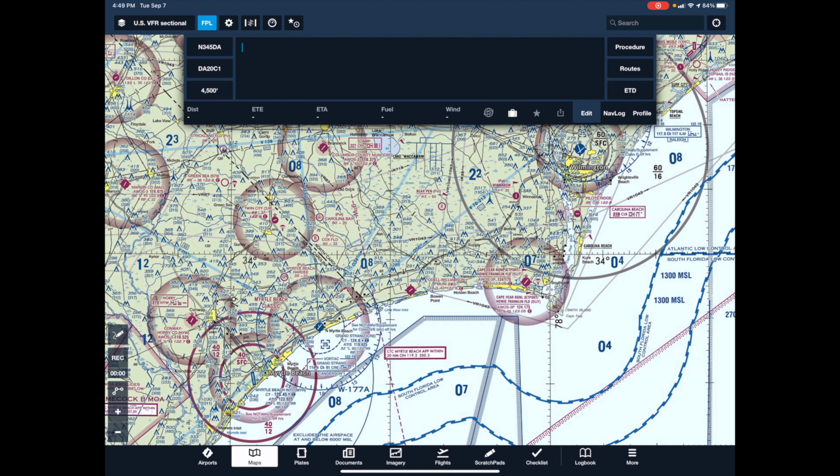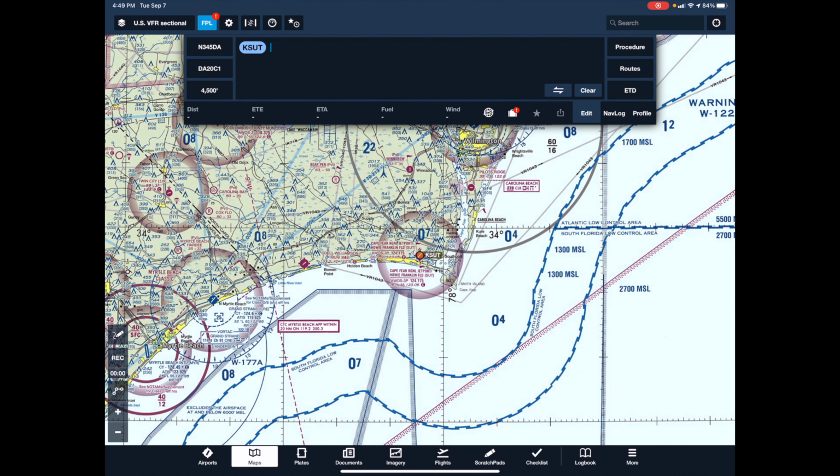I'm going to put in the first leg, which is the Cape Fear Airport, KSUT, and hit space, and you can see it just highlighted KSUT. The next thing I want to do is put in the Carolina Beach NDB, so I'll put in CLB